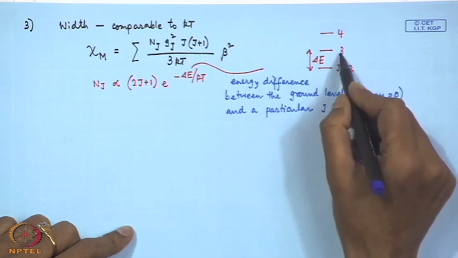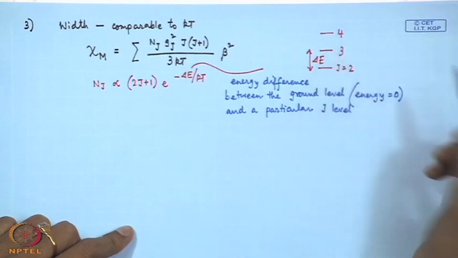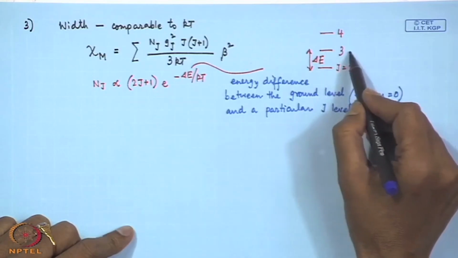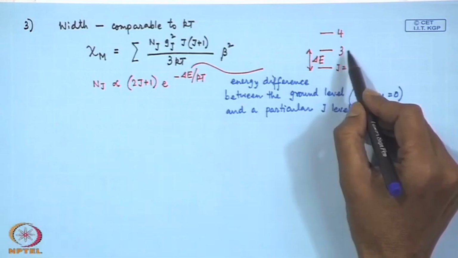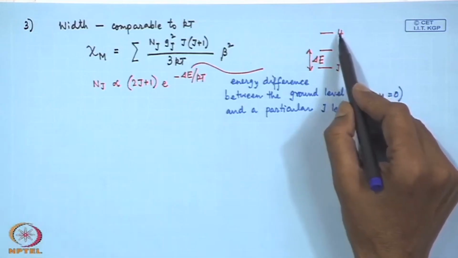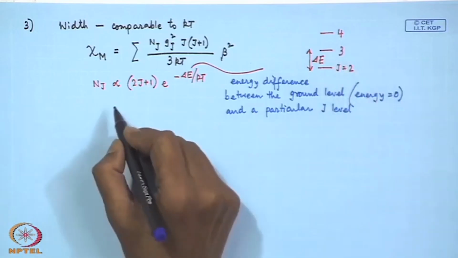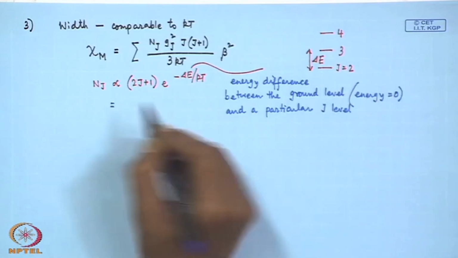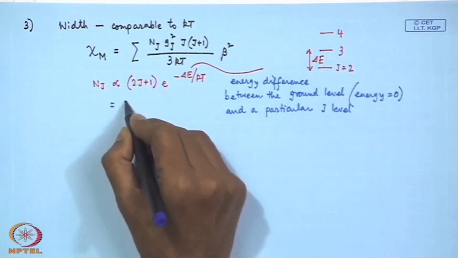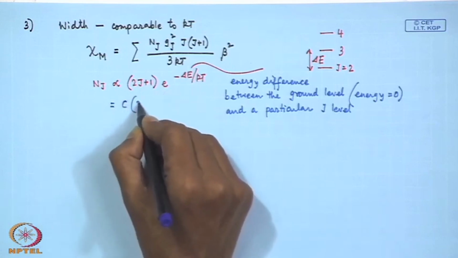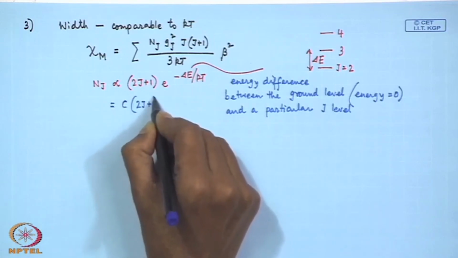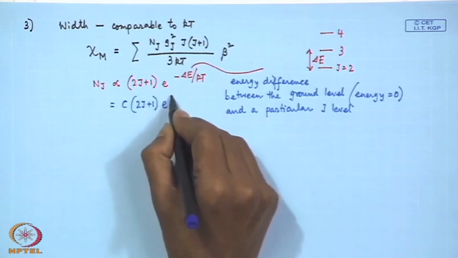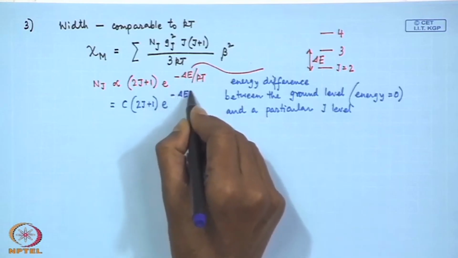That means J value equal to 3 or J value equal to 4, that means the first excited level. This is the first excited level and this is the second excited level. So if we bring in the proportionality constant C, it will be C into twice J plus 1 into exponential minus delta E by